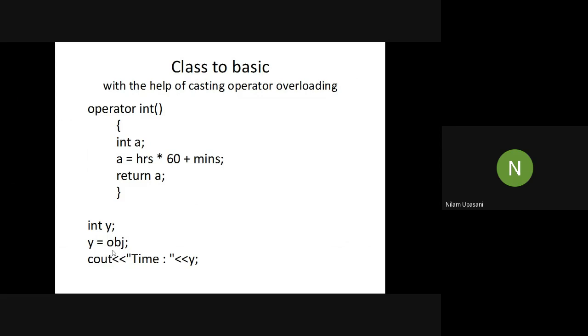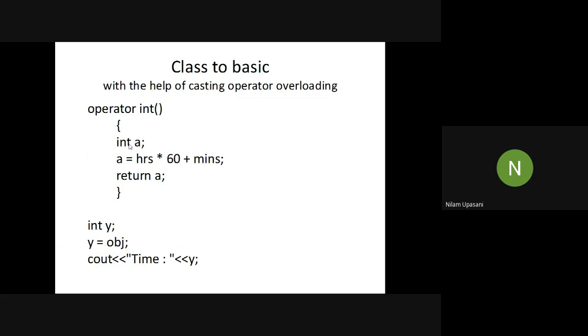Which operator do you need to overload? Now you want to convert this object into which type? Integer. So you need to overload the integer data type here. As we are converting this object into integer type, we need to overload the integer data type here. So how to overload, how to do operator overloading, we have seen with the help of the operator keyword. So the operator keyword, now what we want to overload is integer, because I want to convert it into integer. So integer, and then